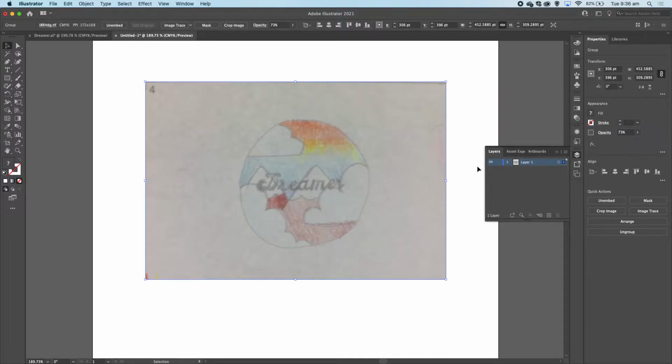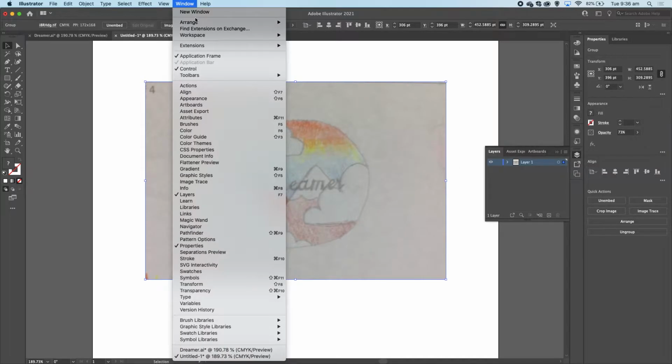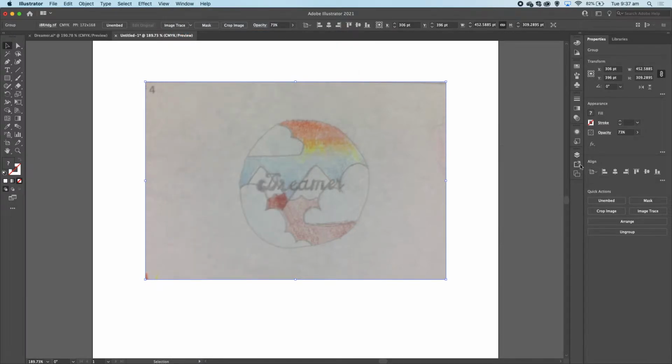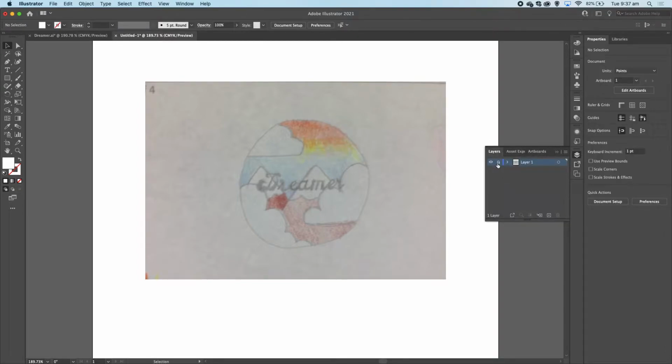And what we're going to do here is we're going to use our little layers panel on the side. So it's like two sheets of paper just over on the side here. And if you can't see all of these options, what I suggest is to go to Window, Workspace, Reset Essentials Classic, and it gives you all the options that I have on my screen. Now, next up, what we're going to do is we are going to lock our bottom layer,